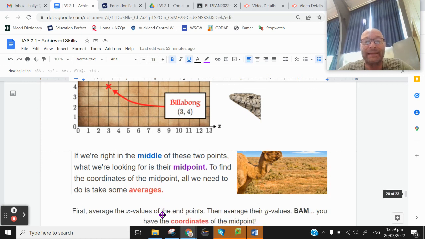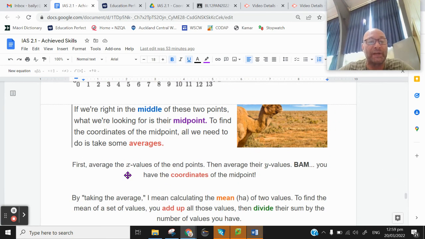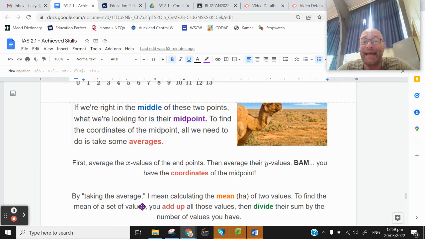To do that, we're going to find the averages. First, average the x values of the endpoints. Then average the y values, and bam, you have the coordinates of the midpoint. By taking the average, I mean you find the mean of the values. So you're going to add those values together and then divide their sum by the number of values, which is